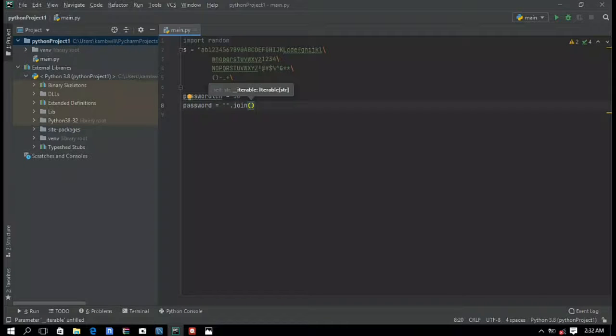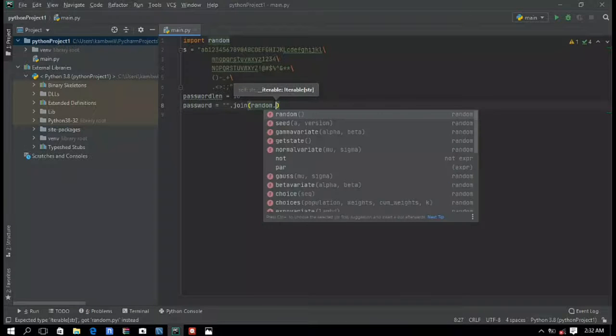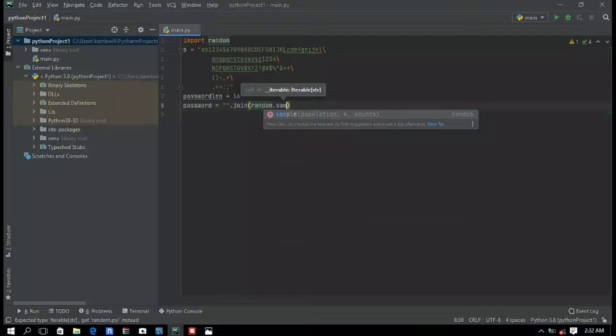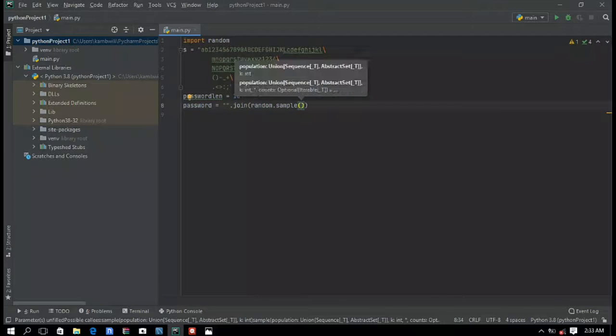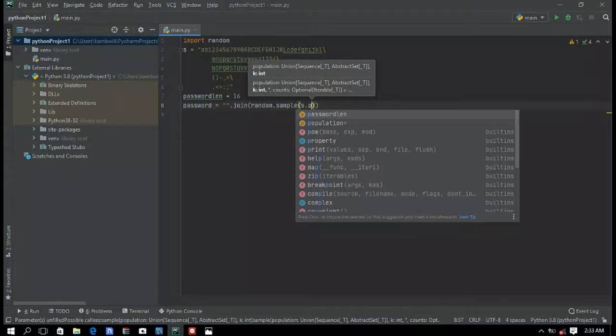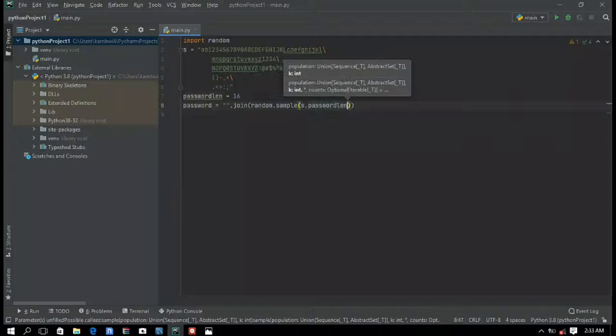I'm going to put random dot sample parentheses. Inside the parentheses, I'm going to write s comma password length,